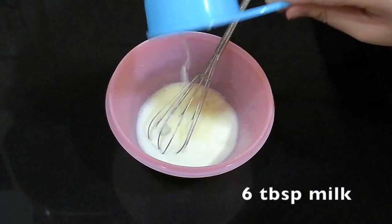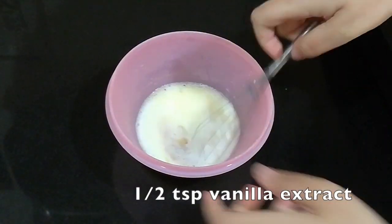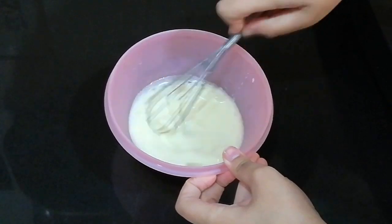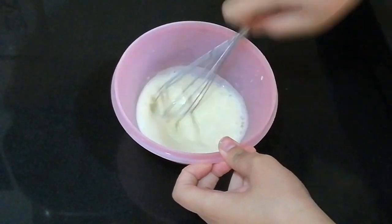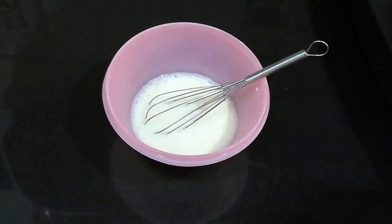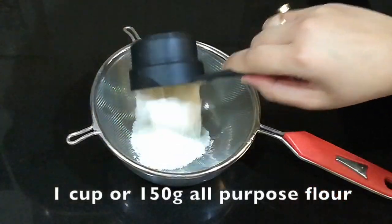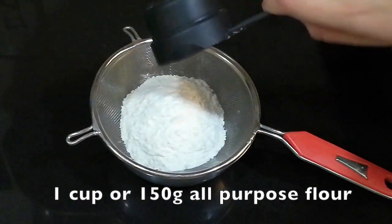Then add in 6 tablespoons of milk and half a teaspoon of vanilla extract to it and beat it all together. Whisk it until it's really fluffy for about 5 minutes. Then keep that aside, and in a separate bowl take a sieve and sift in 1 cup or 150 grams